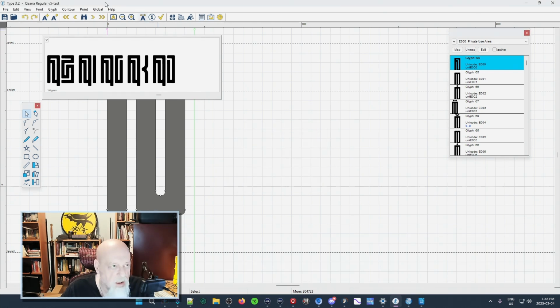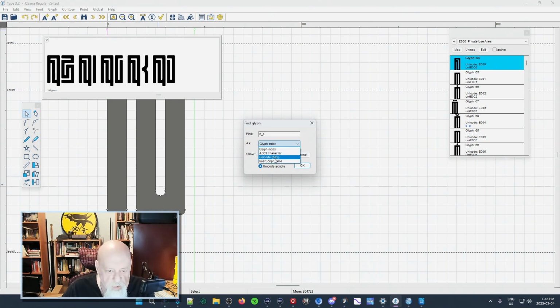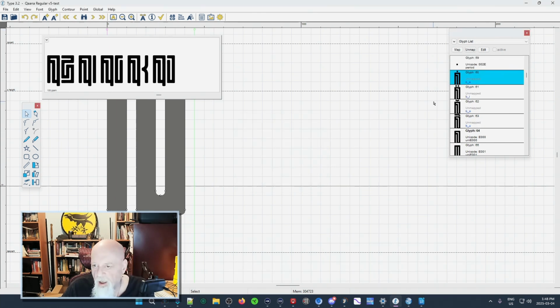Glyph not mapped to any character. So why is it doing that? If I go to glyph index and search for B_E. Oh no, we still want it in PostScript name. And maybe we'll try it on glyph list. And it finds that I already have those there. Okay, so